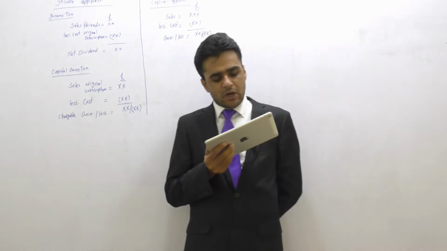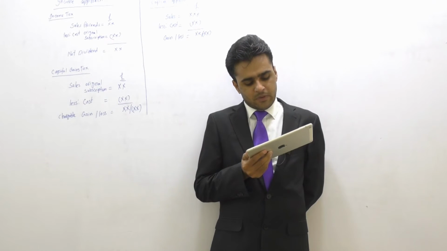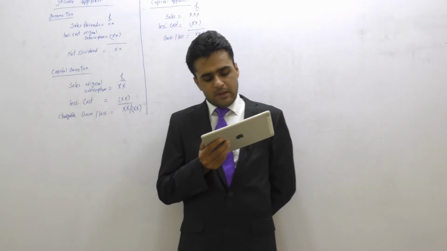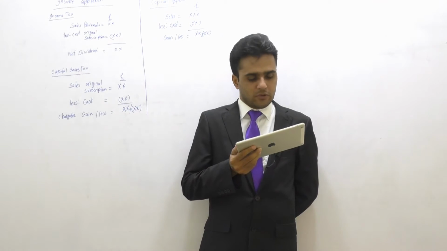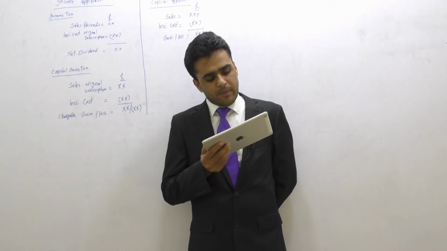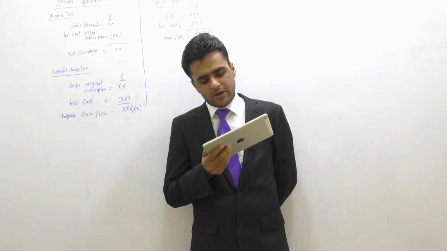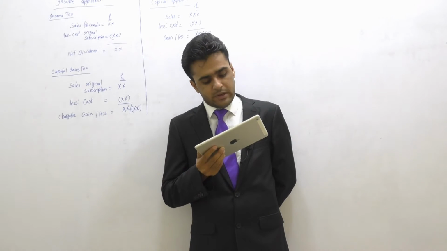Maria subscribed for 10,000 £1 ordinary shares in Granada Limited at par value in June 2009. So what would be the par value? It is given, it's £1, all right? So par value is £1. Now Maria subscribed for 10,000 shares, which are £1 ordinary shares in Granada Limited at par in June 2009. So the shares were bought in 2009.